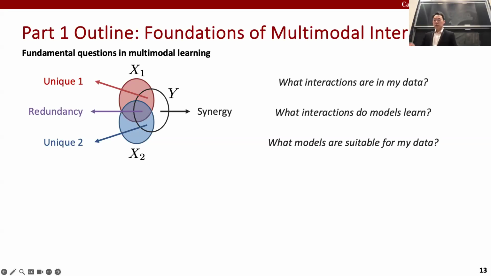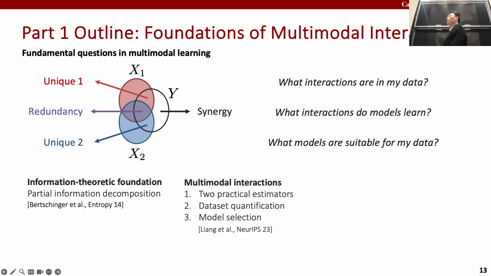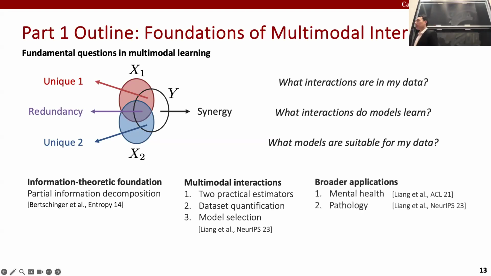So these are very long-term questions, and I'm going to show some of our recent progress towards answering some of these questions. So in the first part of the talk, I'm going to first start by giving you some background in information theory. Information theory is going to be a very natural perspective to quantify and formalize some of these kinds of information that I've talked about. In the second part, we're going to dive into some of our main contributions in estimating some of these information theoretic quantities in practice, especially on large-scale real-world data sets. And we're going to show how, by estimating these interactions, you can better understand your data and you can choose the right method that works well in practice on your data. And finally, we're going to discuss some of the broader applications to deploy some of these methods in, including in mental health and in pathology.